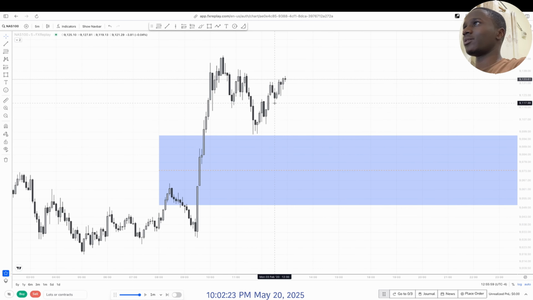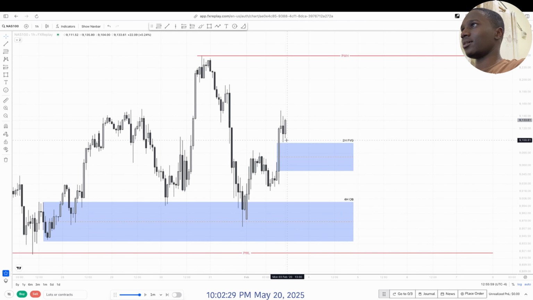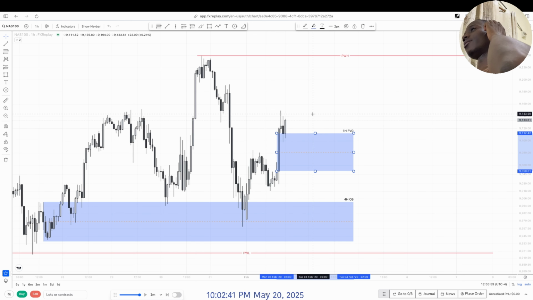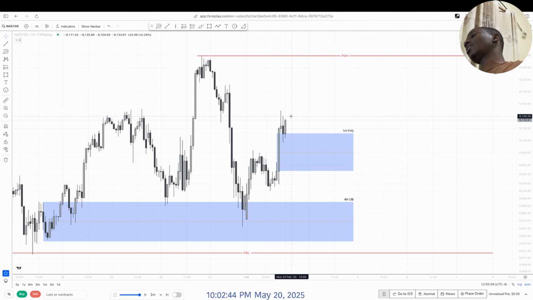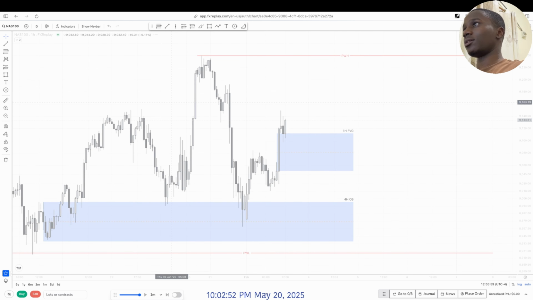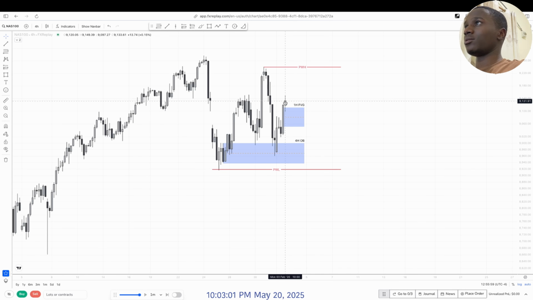Okay, it looks like we aren't going to respect this one, but when you go to the 1 hour, you can see that the fair value gap was this one. You'll be wondering why I changed the time frame. It's because we are already in the PM session, and I was already starting to see confirmation that this day might actually take us onto this high. Because when you go to the daily, you can see that this is a pretty bullish day, and on the 4 hour, this last candle is about to have a small push.